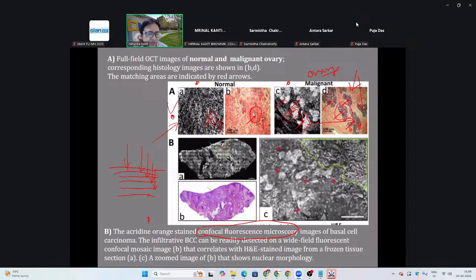And so this one is a basal cell carcinoma, and this is the confocal mosaic image. Confocal mosaic image means all the layers have been joined together, and they have given a somewhat 3D effect. There's always some 3D touch to it, but it's not a lot. And so they are able to show that there are different locations, and they've combined it with other things to be able to show that there is a different